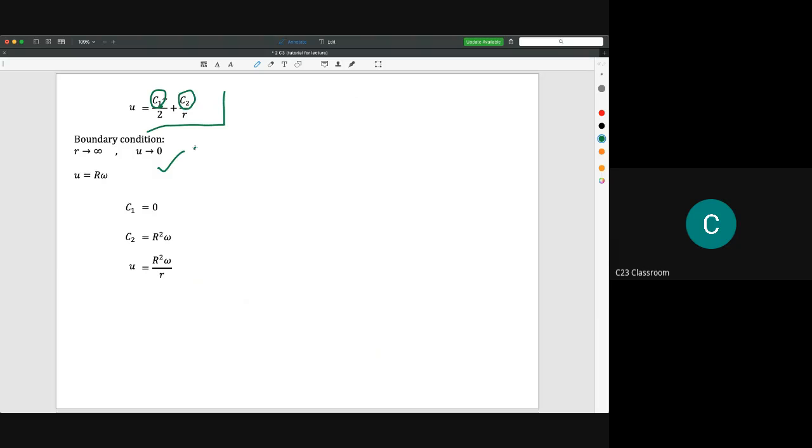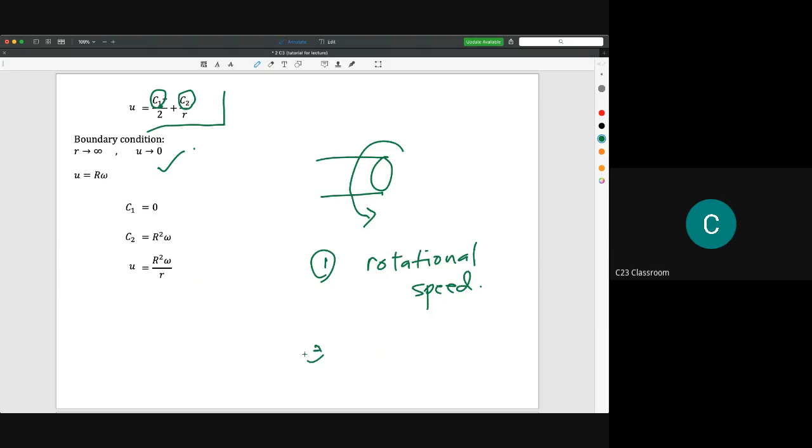And then again, in this situation, because we have the cylinder here, the cylinder will rotate at a certain speed. So normally for a cylinder, when it rotates, we will use the rotational speed. And then you need to understand that there are two types of speed. One is rotational speed, and the other one is linear speed. These two speeds are actually totally different, so you need to differentiate them,